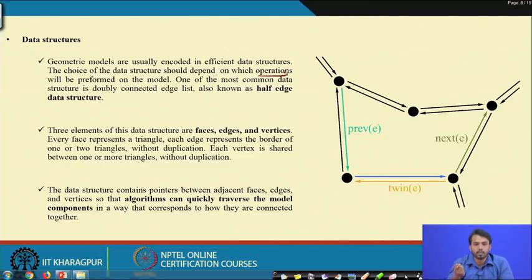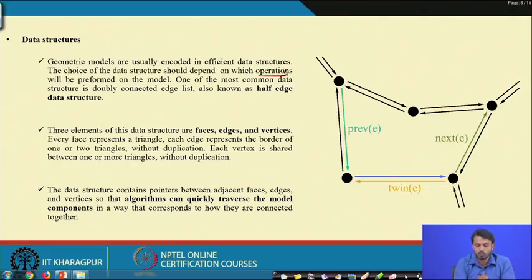Because we are mimicking a complete real environment, in the real environment there are static components and dynamic components. The static components do not have any movement, but the dynamic components move along a linear axis, or they can move in a rotational manner also. For that purpose we create a common data structure in which we can develop all the 3D models.